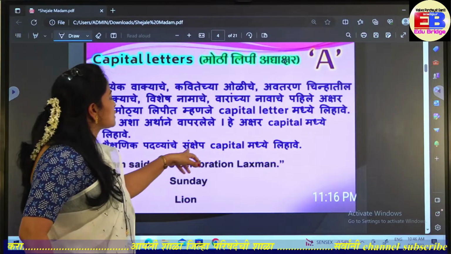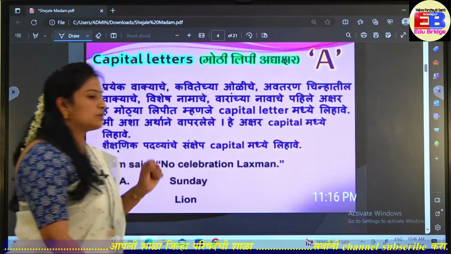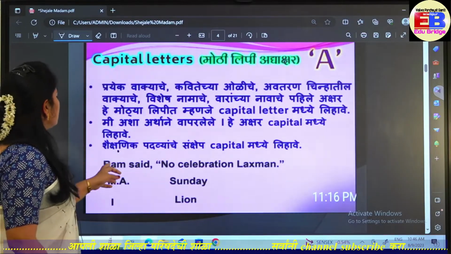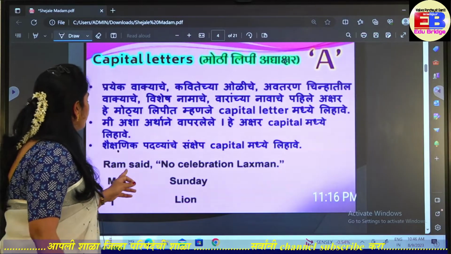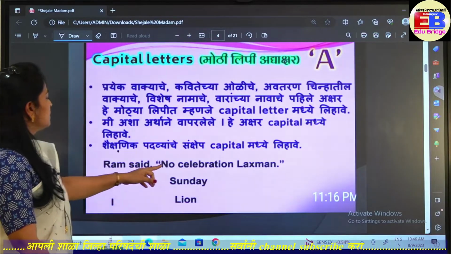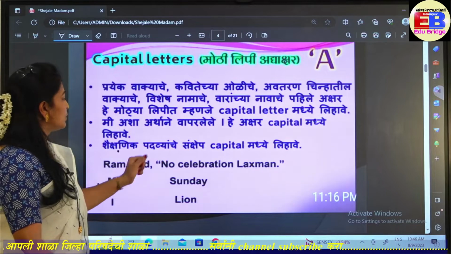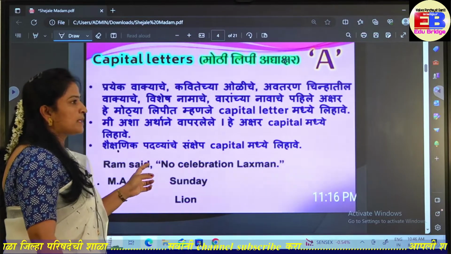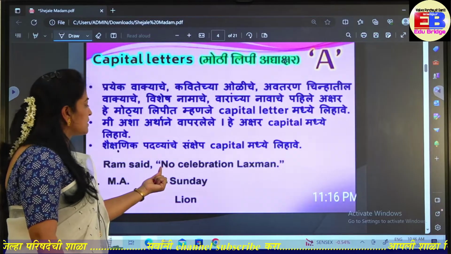Abbreviations of educational degrees should be written in capital. So educational degrees we write in capital. Some of the examples are here. Ram said, just now I told you, whenever we write in inverted commas, the first letter inside the inverted commas